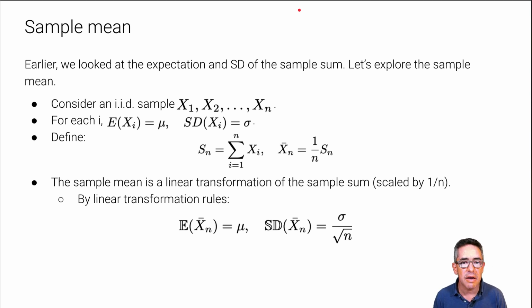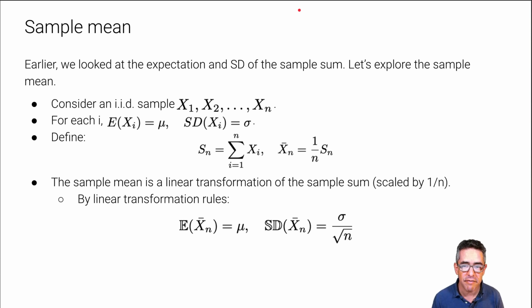So let's think of, again, a situation where we have n random variables that are all IID, and for each of them, the expected value is the same, their mean is mu, and their standard deviation is sigma. So the sample sum is the sum of the xi's, and the sample mean is the average of these. It's 1 over n times the sample sum. Since it is just a straight up simple linear transformation of the sample sum, scaling it by 1 over n, as we know, therefore,